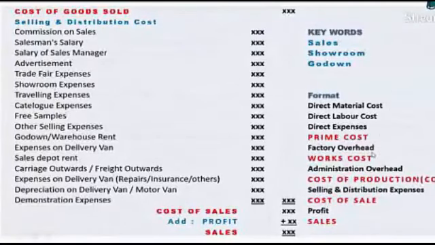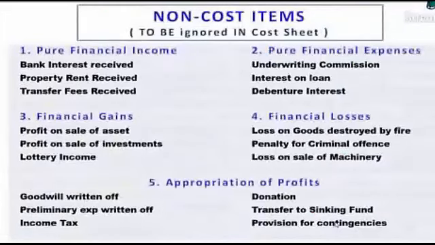In works cost, add administration expenses, we get cost of production. In cost of production, we add and deduct finished goods adjustment, we get cost of goods sold. Add selling and distribution expenses, we get cost of sale, profit, and then sales is calculated. Now this is the classification of cost on the basis of function. But this is not the end of the cost.